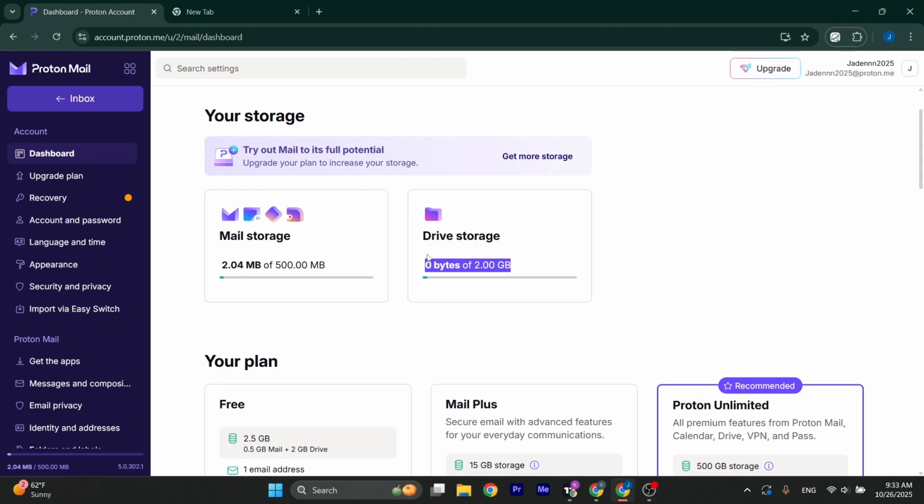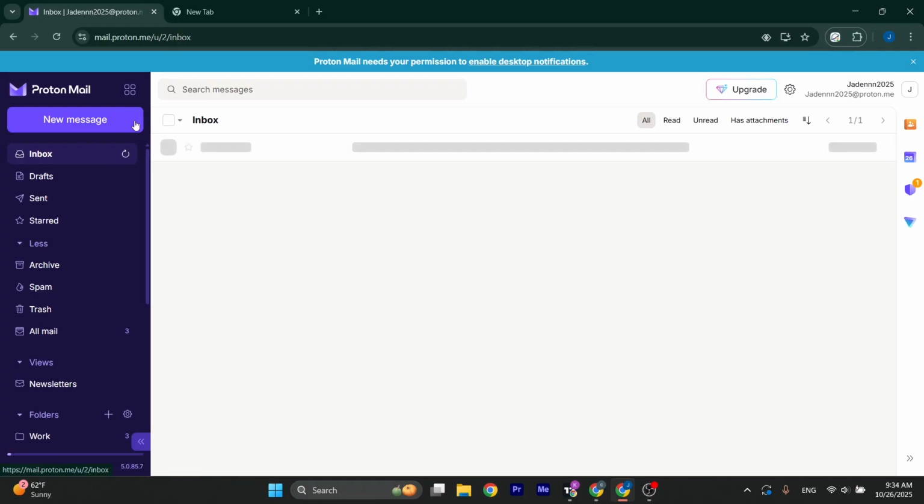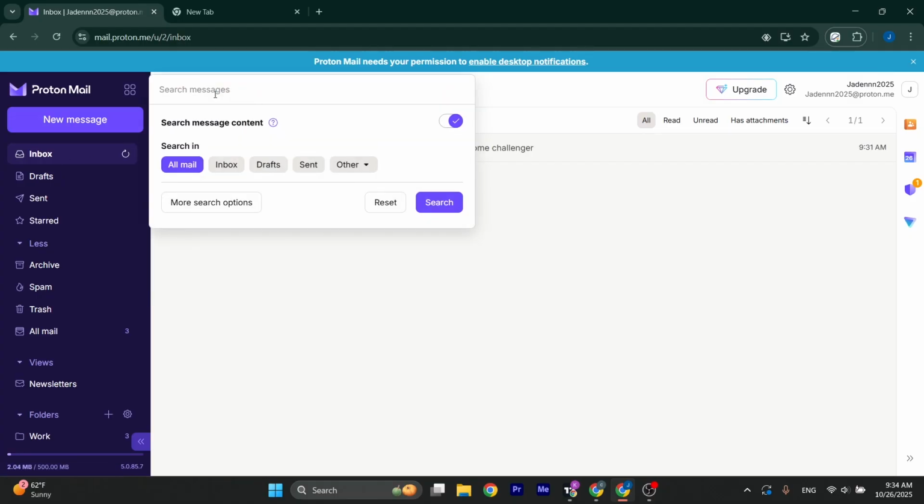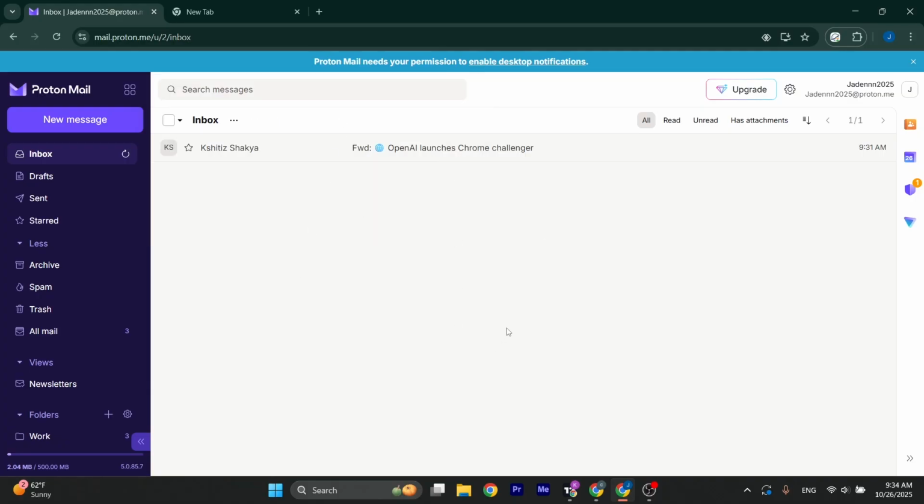Now, in order to clean up some storage, you can find large emails by using simple search operators. If you head back to your inbox section, click on the search bar and then add in this search operator. What it's going to do is find emails that have attachments and which are larger than 5 MB. This way you can find those attachments and then completely remove them. So just click on search and it is going to display all of the emails that are available for that